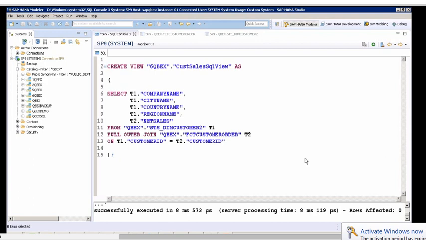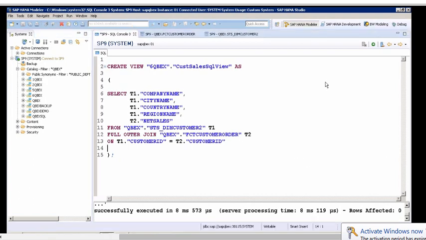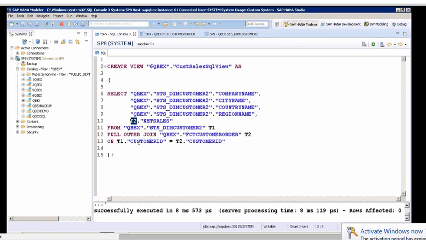Okay, he's asking first: can I write without alias also? You can write, but you'll have to repeat the full name continuously, like this. That's a different table.